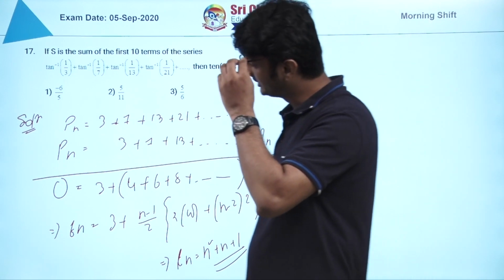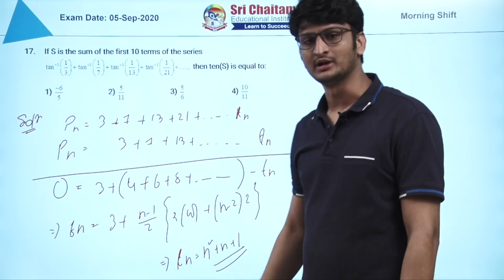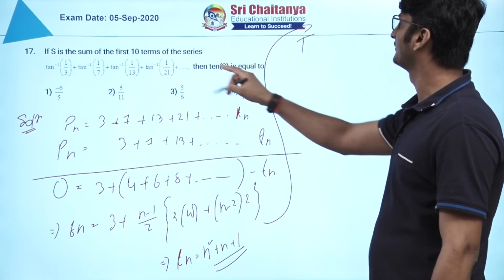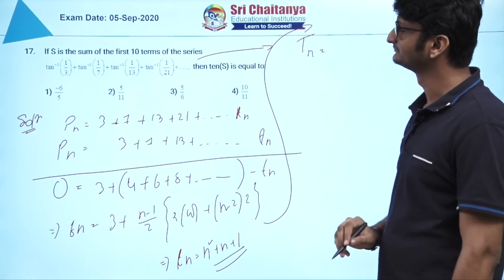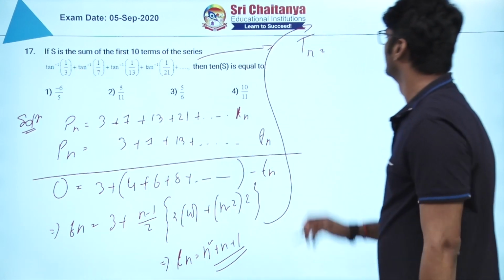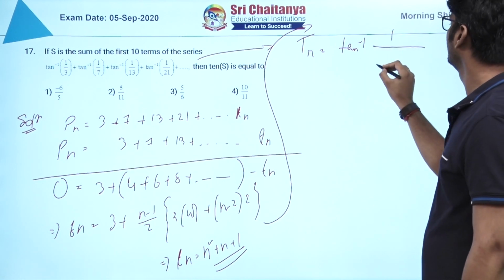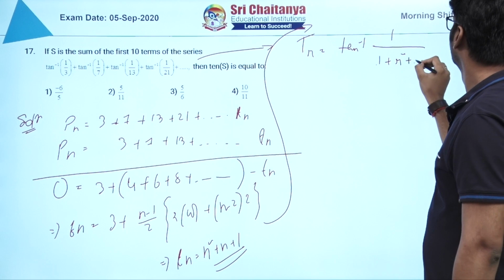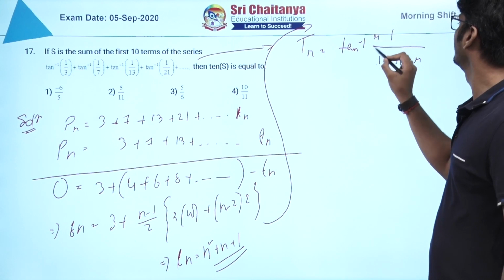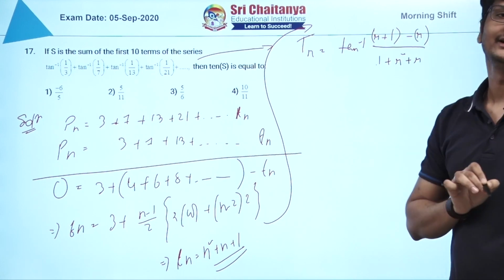This is a general term, that means we are finding the general term of the denominator. So the general term of the nth term will be tan inverse 1 by n square plus n plus 1. Let us write in terms of r, that will be much more comfortable. Tr of this series, which is the series of inverse trigonometric functions, will be tan inverse 1 by 1 plus r square plus r. Let us manipulate the numerator: in the numerator 1 is available, can we make 1 as the subtraction of 2 terms? Yes, r plus 1 minus r.